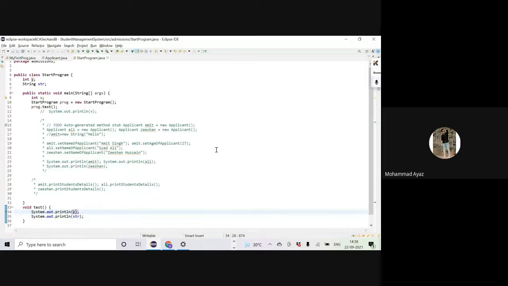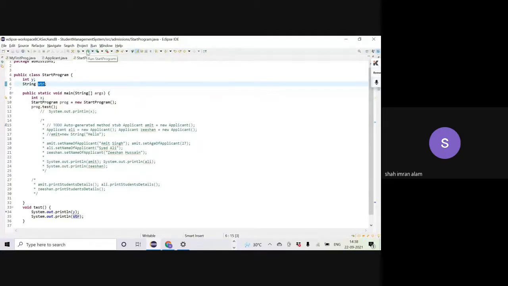Sir, 0 and null. 0 and null, because by default for state variables, the value is set to a default value, and the default value for integer, as we discussed in the last class, is 0. For a boolean, it's false. For floating point numbers like float or double, it will be 0.0. For short it will be 0 again because that's a numeric value. For byte also, 0. For long, it will be 0 again because it's an 8 byte numeric variable. For a reference variable that points to any object, it will be null.